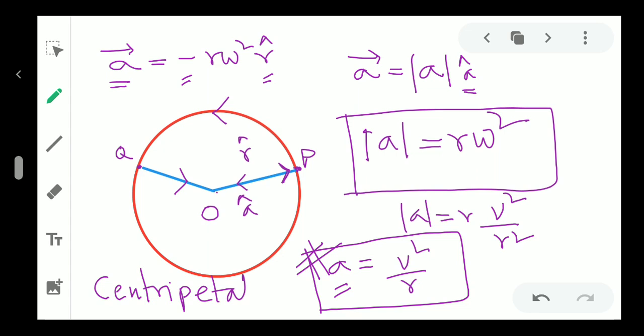And how to... what is the centripetal acceleration? An acceleration which always acts towards the origin point. That means when you tie one stone with a thread and then you try to rotate the stone